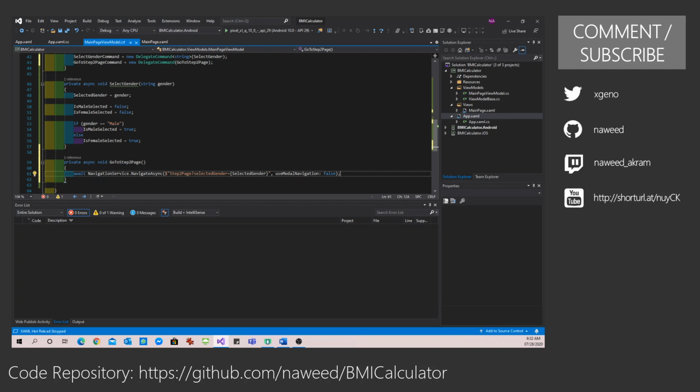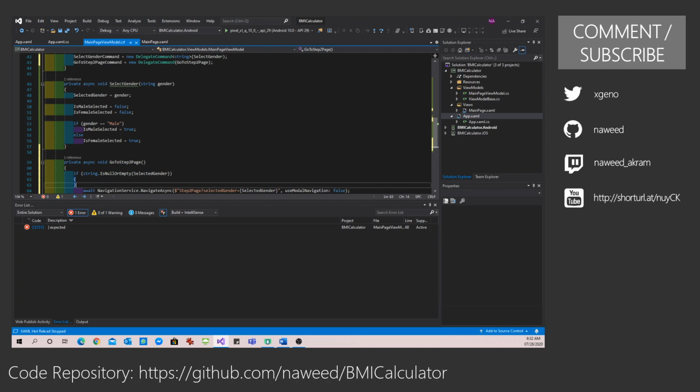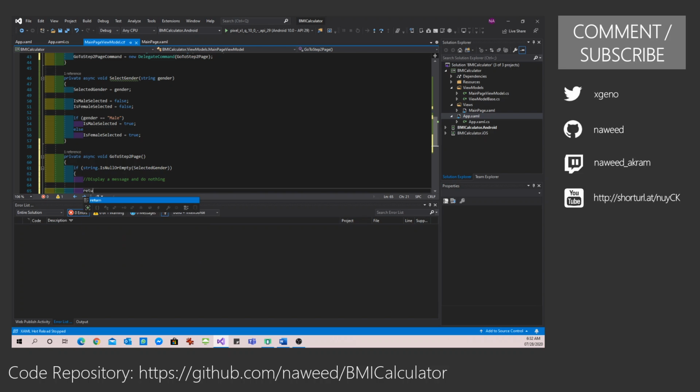We want to capture that as well, so we can simply do something like this. We can say if selected gender is empty, then maybe display a message and do nothing, so I can return. We do not need to do anything.